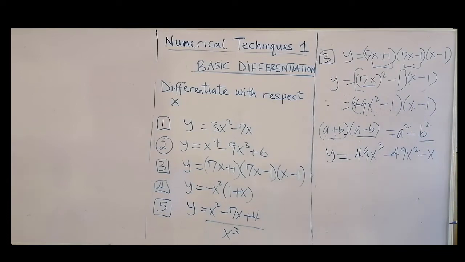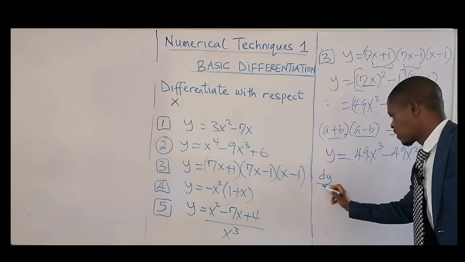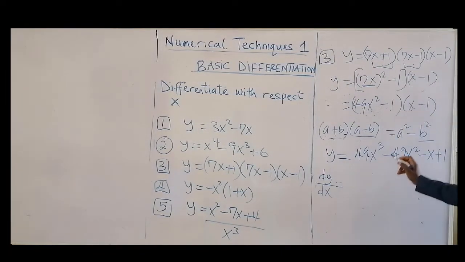That's minus x. And the minus 1 times the minus 1, that's plus 1. So that finished the expansion. Then the final thing to do now is the differentiation, which will be equal to 49